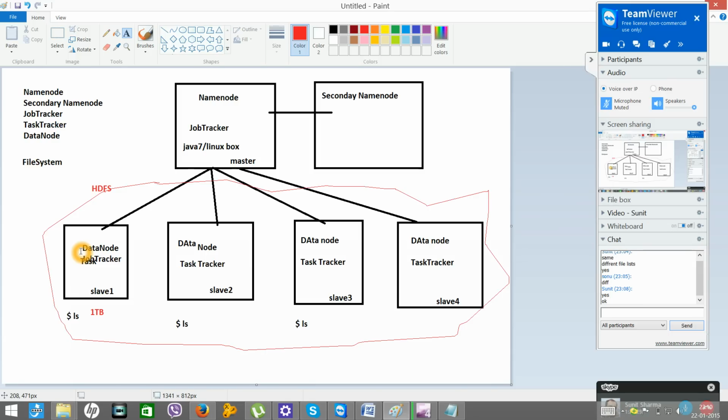If you try to access this data node not by using Hadoop but by using simple Linux, what is the size available in this node? Only 1 TB. Will you be able to store data of 4 TB or 2 TB? No.